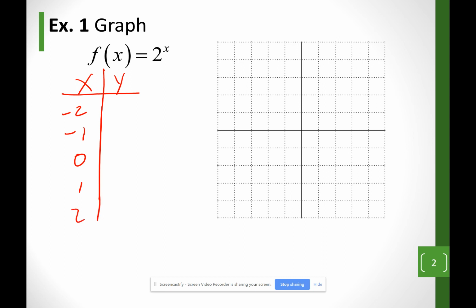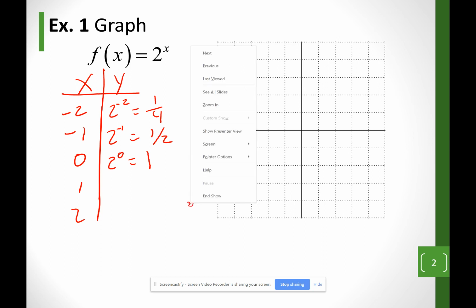So if x equals -2, I have the function 2 to the -2. I know 2 to the second is 4, but 2 to the -2 gives me 1/4. Remember, the negative exponent just makes it a fraction. If x equals -1, I have 2 to the -1. I know 2 to the 1 is 2, so 2 to the -1 will be a fraction, 1/2. Then I have 2 to the 0, and any value other than 0 to the 0 power is 1. Then I have 2 to the 1,